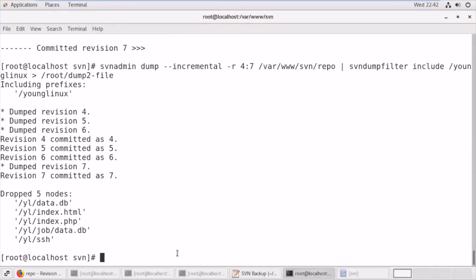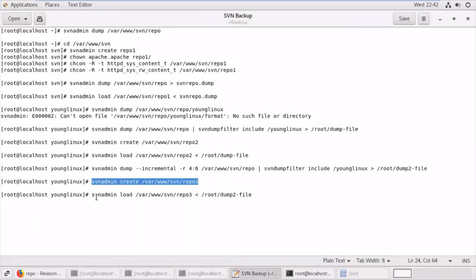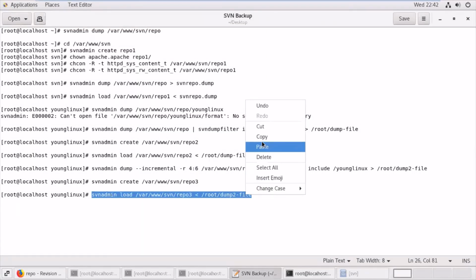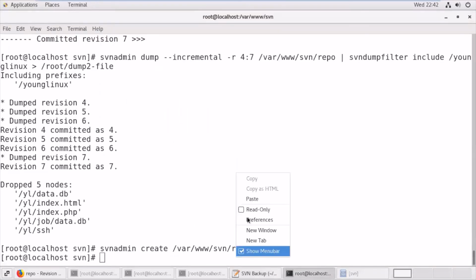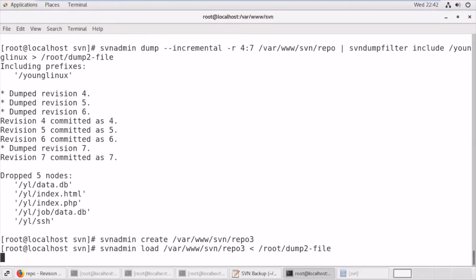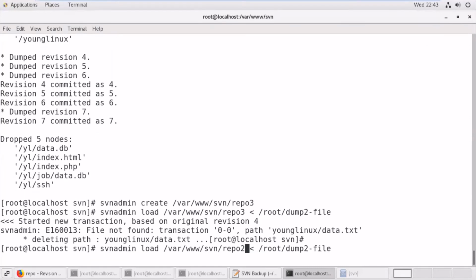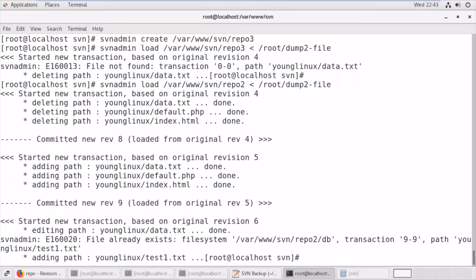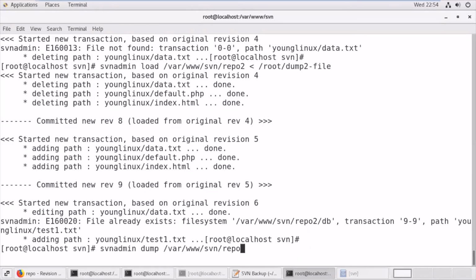So we are creating another repository where we will be storing this. Here we can see a problem, because the previous files are not there. See, the error is: as you do not have the previous versions of those files, how can you update using the incremental, how can you restore the incremental files over there? So that's why you faced a challenge, right?